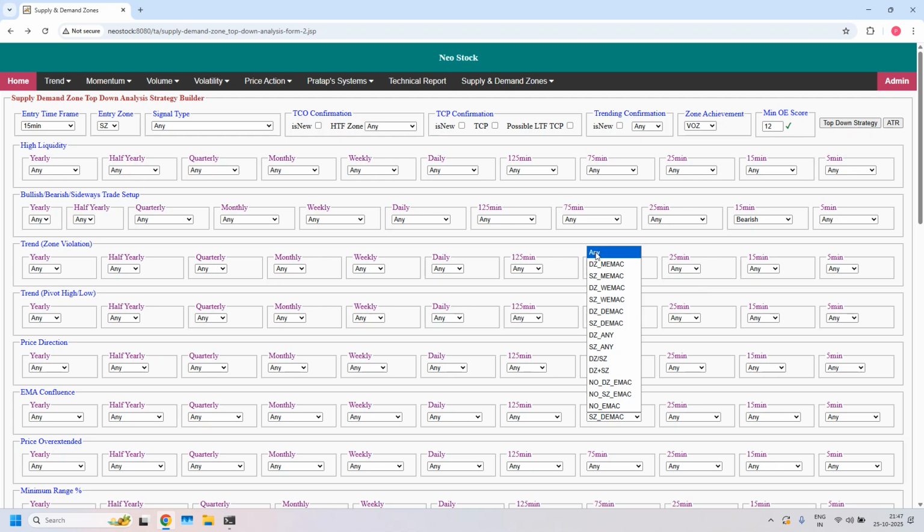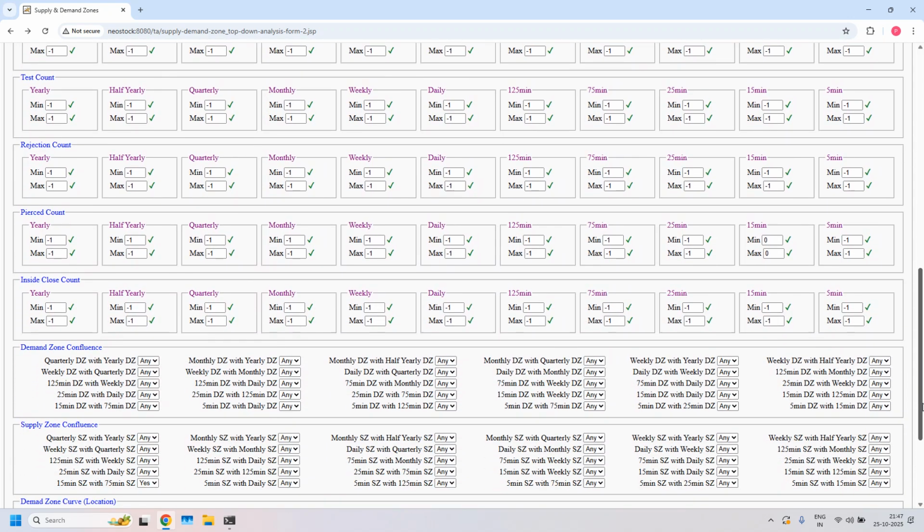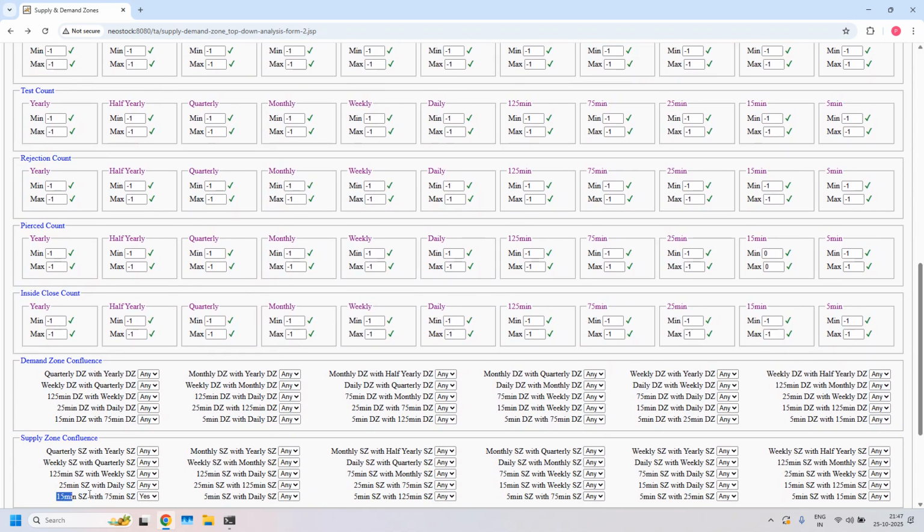LTF, ITF, HTF supply zone, HTF EMA, removed ITF EMA. Supply zone confluence, 3 filters I have to set: 15 minutes and 75 minutes, 15 minutes and daily, 75 minutes and daily supply zone confluence. With all the 3 filters,